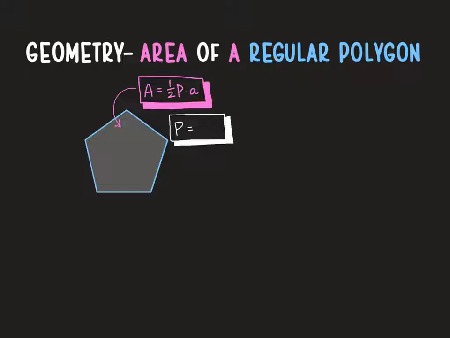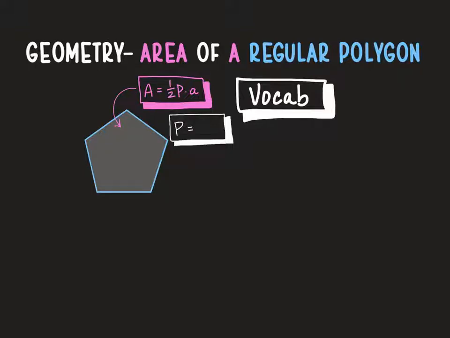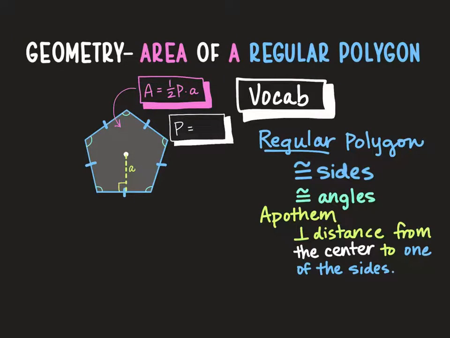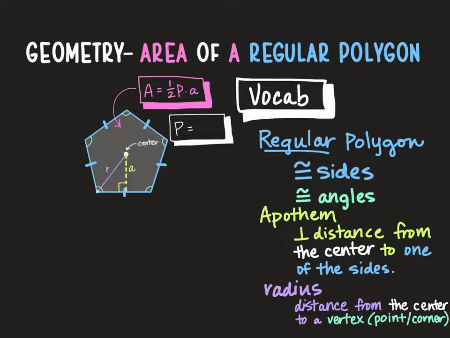Now there's some important vocabulary that you need to understand in order to be able to work these problems with ease, so let's talk about those. First, you need to know that regular means that the polygon has congruent sides and congruent interior angles. You'll also need to know that the apothem is the perpendicular distance from the center of the regular polygon to one of the sides. There's also a radius, which is the distance from the center of the regular polygon to